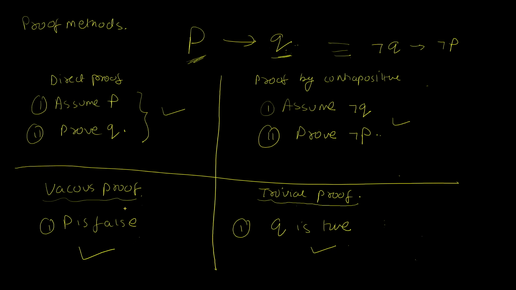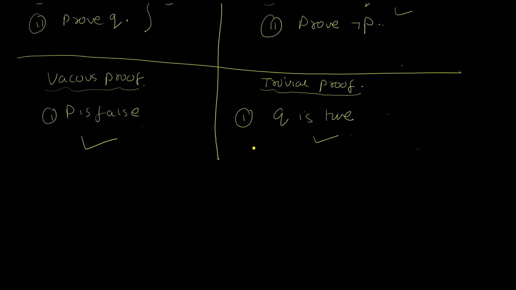But we definitely want to be able to recognize questions and which proof method will apply in that particular question. So we'll look at all of the questions at once. Okay, so the first question says if n is odd, prove that n square is odd. So this is an implication P implies Q. P suggests that n is odd and Q suggests that n square is odd, and I want to prove Q